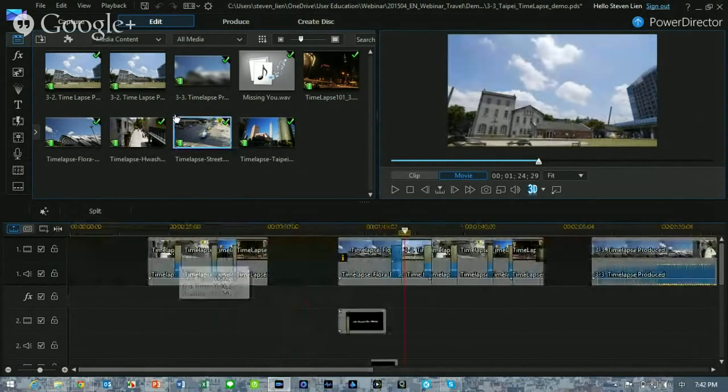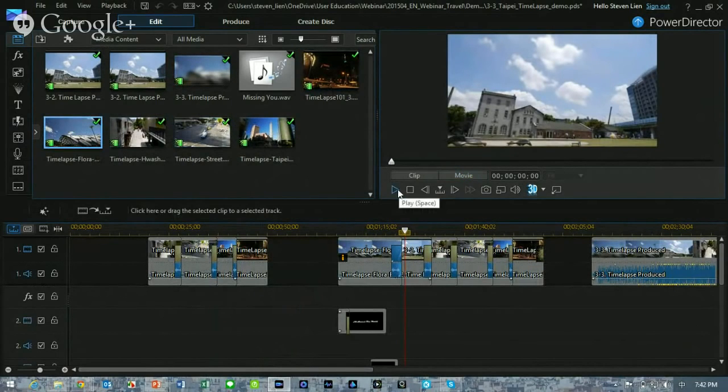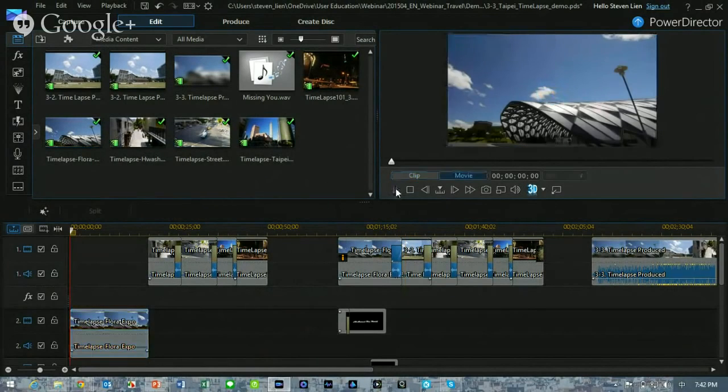So the first step is to drag and drop your source to your timeline. Let's start from this one. This was taken at Flora Expo in Taipei City. You can see the cloud is moving at a very pleasing speed. And